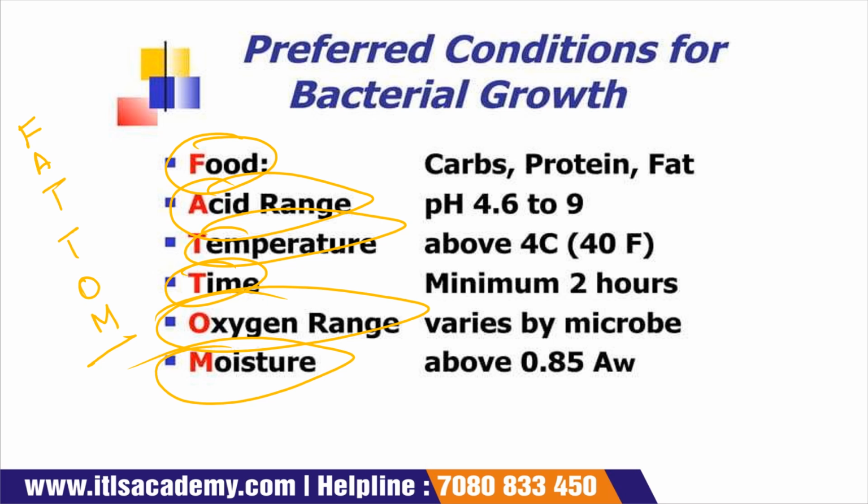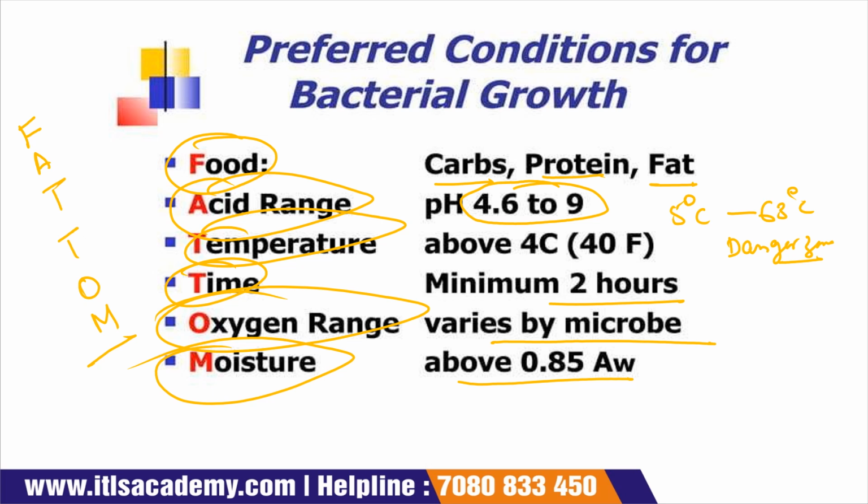Foods include, like, a food containing a high amount of carbohydrate, protein, and fat. The pH of the food is between 4.6 and 9. Temperatures between 5 degrees Celsius and 63 degrees Celsius are called the danger zone. Time is a minimum of 2 hours. Oxygen varies by microorganism. Moisture is above 0.85 water activity. So these are the variable conditions which bacteria require